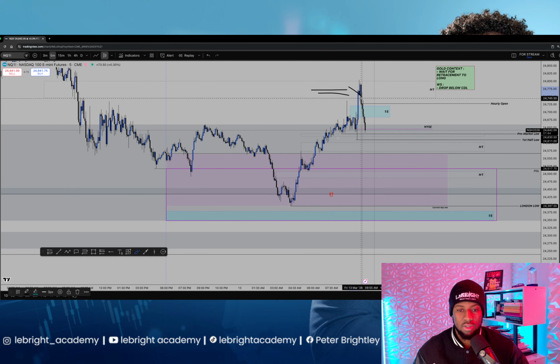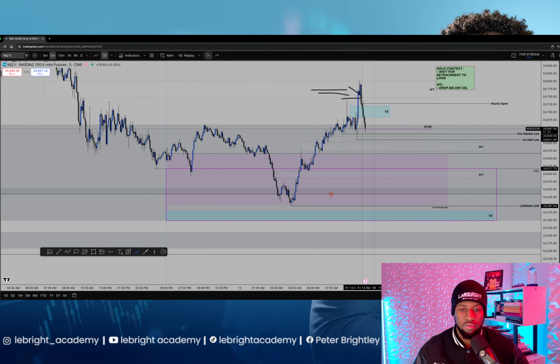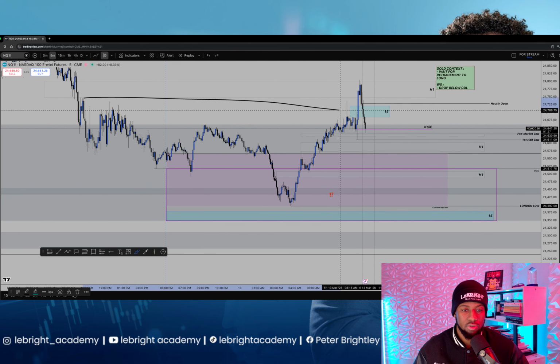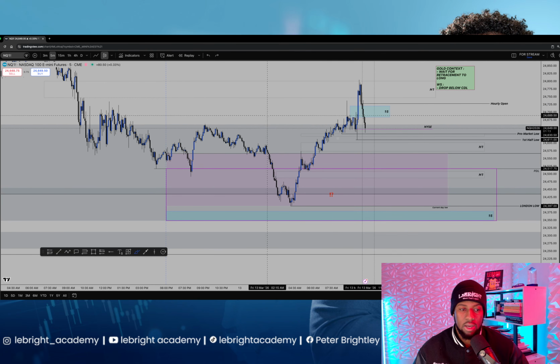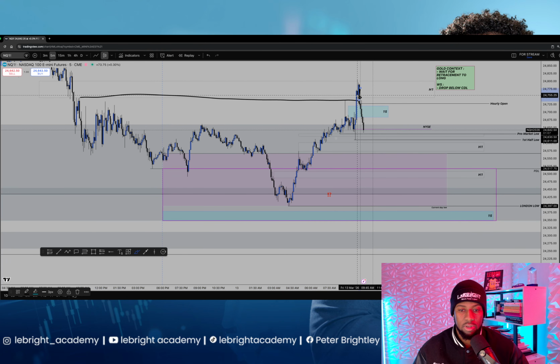People are going to consider these as resistance. They're going to wait for a break and retest to go higher. Some people are going to wait for price to come exactly into this area to sell massively. And then what happens? The market takes their stop loss and goes in their direction, and they're going to be very mad. And some others, the market will give them some inches, and take miles.